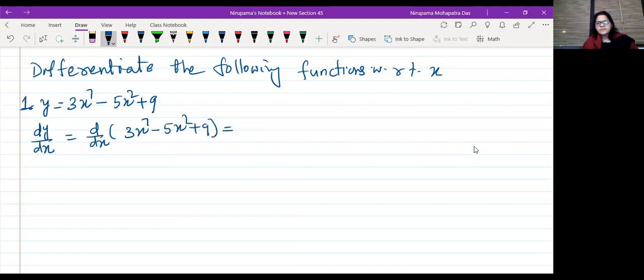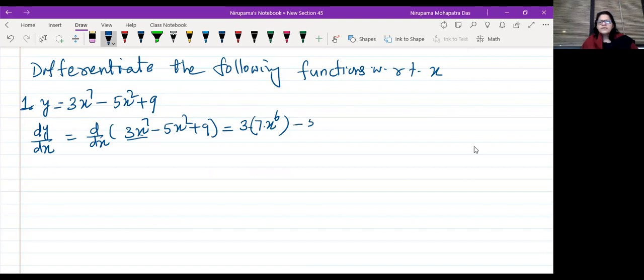In algebra of derivatives, we have studied that the derivative of a sum or difference equals the sum or difference of the derivatives. And d by dx of k into f x equals k times the derivative of f x. So we take 3, and the derivative of x to the power 7 is 7 into x to the power 6. What we are using here is that dy dx of x to the power n is n into x to the power n minus 1.